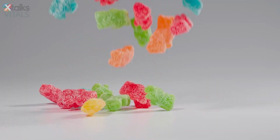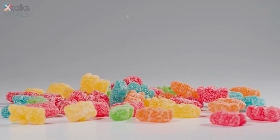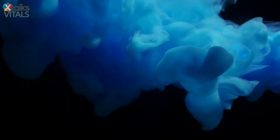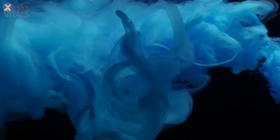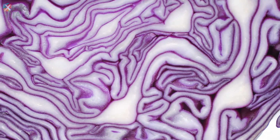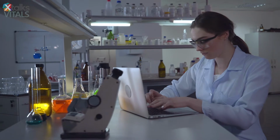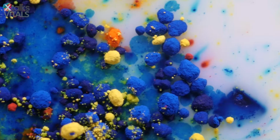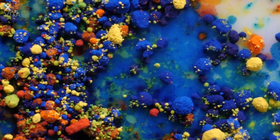Food coloring is an essential part of the food and beverage industry. Some research suggests that using synthetic dyes is not healthy for the consumer, and the color blue is not easy to find in nature, making it a difficult artificial color to replicate. Typically, the reds and purples in cabbages are used as a natural food dye. But scientists used synthetic biology and computational protein design to develop an enzymatic process to transform red cabbage anthocyanins into